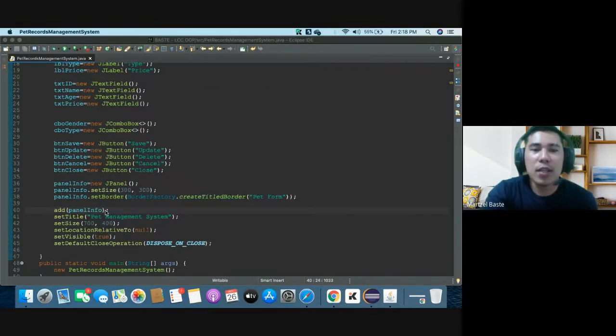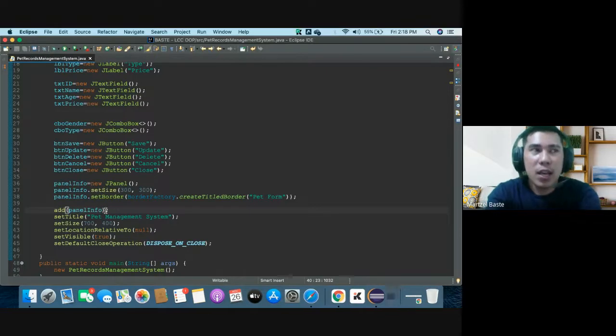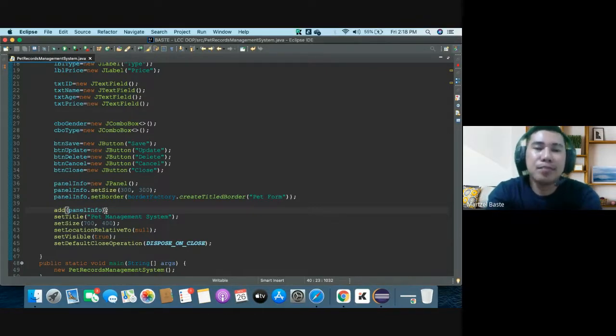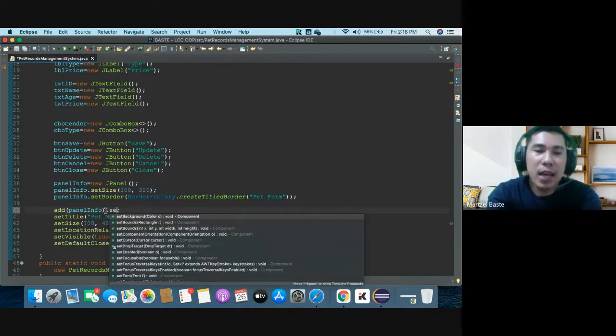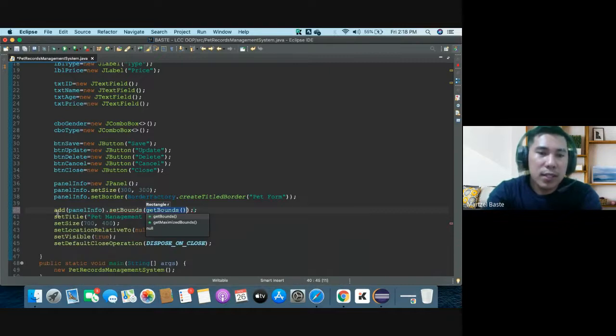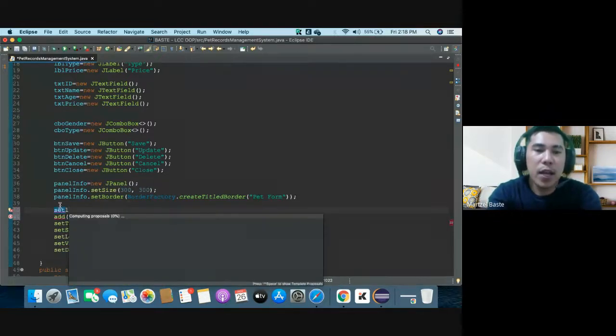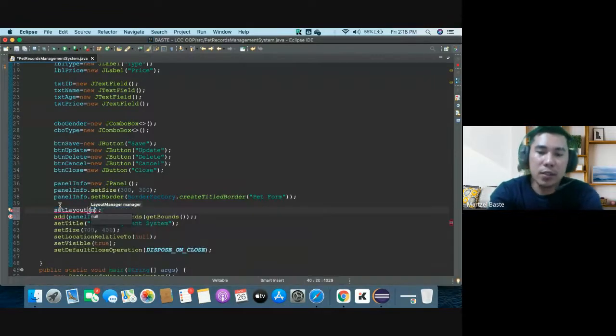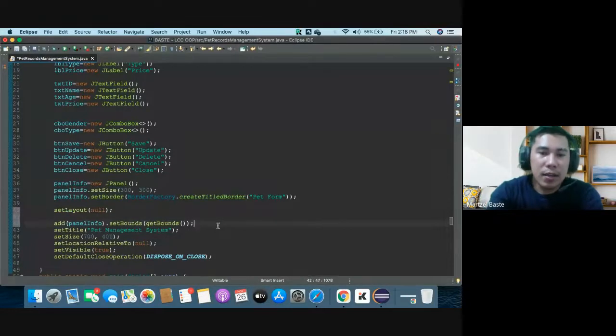So of course, the best way to do that is either we follow a certain layout manager. But this time, let's have the set layout, which is set bounds. So this time, we are going to make our frame follow no layout manager. So this time, let's have null. And okay,